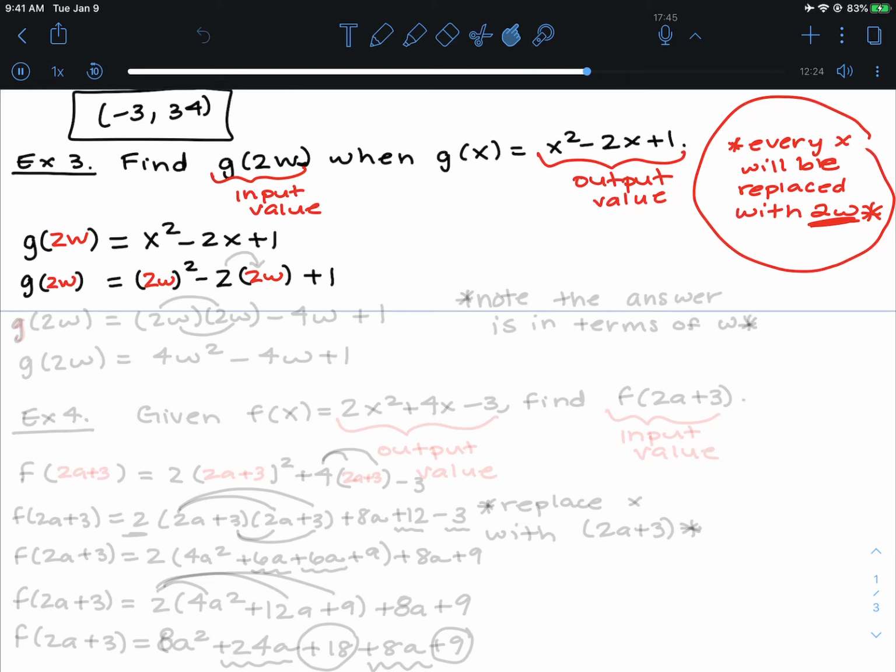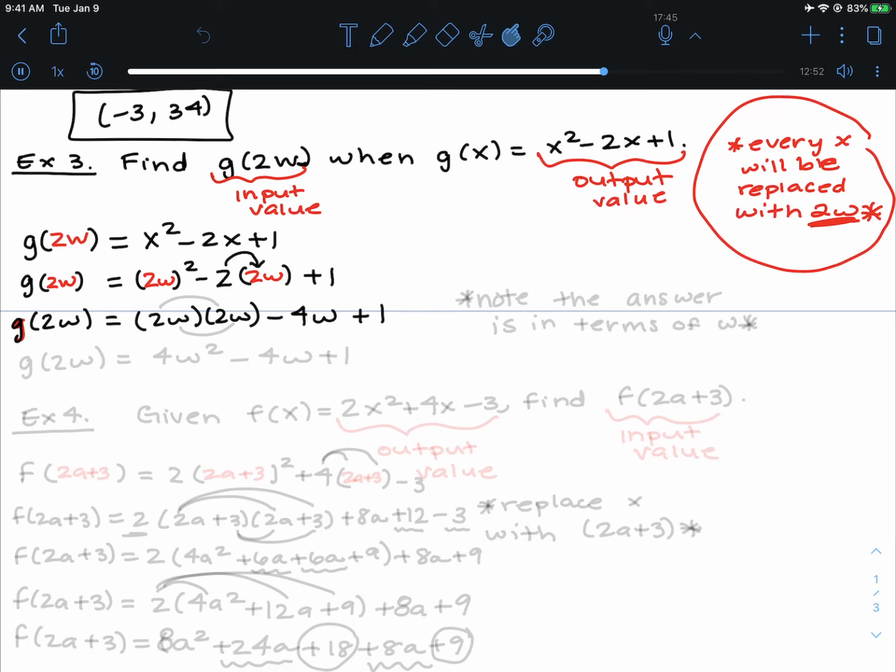So that means that in this situation, we're going to have 2w squared. If you get confused with what a 2w squared would look like, you can literally just write it out. You would have 2w times 2w, because when you have something squared, it means that you're multiplying it times itself twice. So here I would go ahead and have negative 2 times 2w will be negative 4w